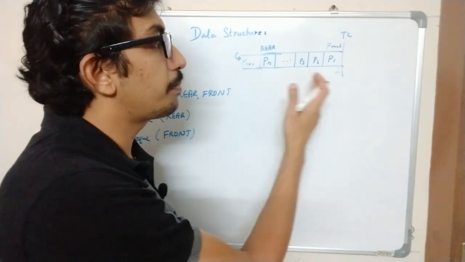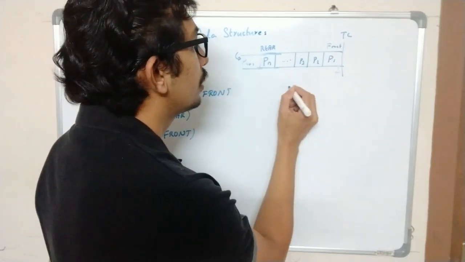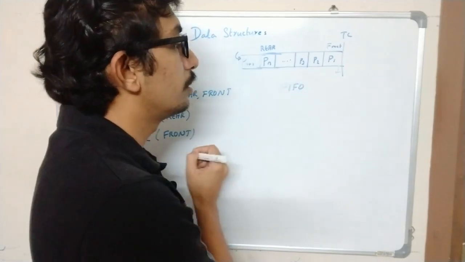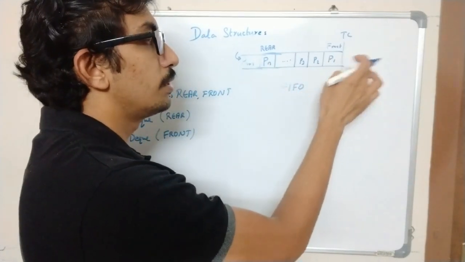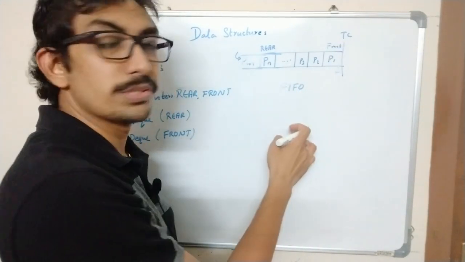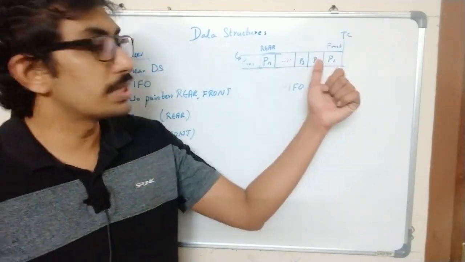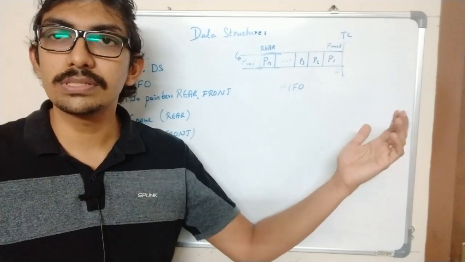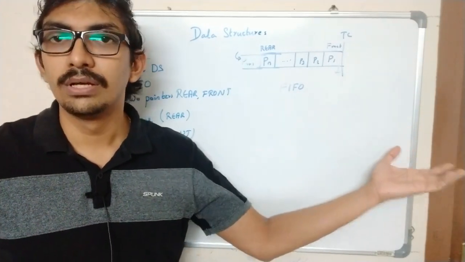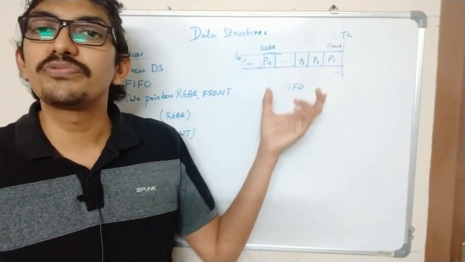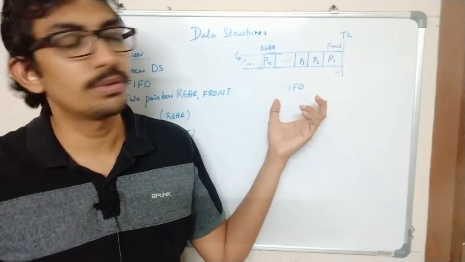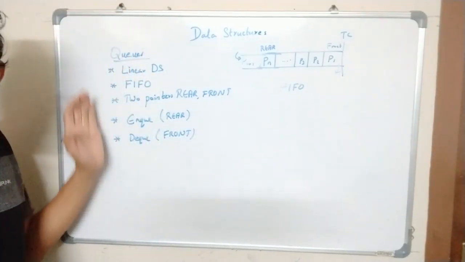And here you can see the pattern is that it follows a FIFO pattern, which means the first person to come was the first person to be processed, or the first person to come out of the queue. Okay. First in, first out. Whoever reaches first will be accessed first. So that is the structure followed by a queue. Okay. So we will see the basic or main points.